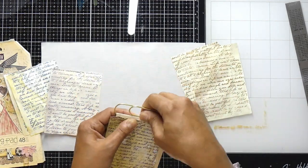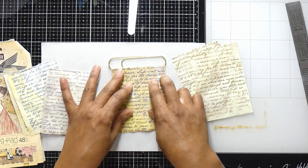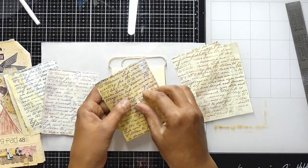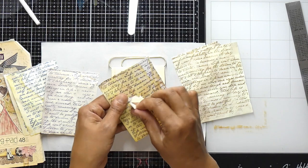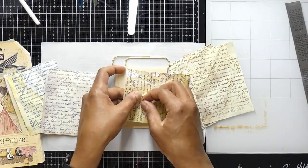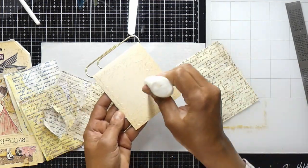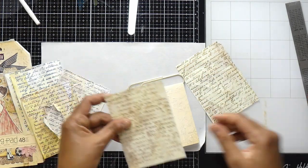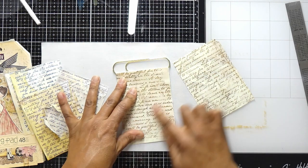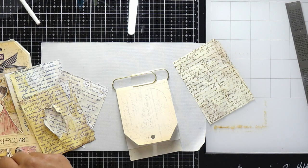Now I'm grabbing one of the papers and I'm just testing out my theory. So I poke a hole using my pen from the back to the front, and I'm now just going to curl the pages over, creating a little bit of a hole. Now I'm just sticking one of the pages down, so this is going to be the background that you see through all the open pages. I'm using PVA glue to glue that down, and I'm also sticking the back of that paper clip